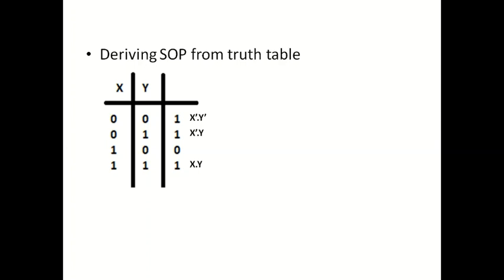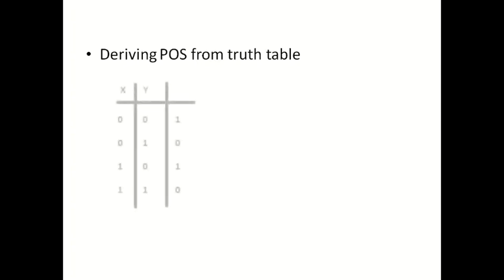Now how can we write the final expression? We have to add all these 3 min terms. So we have x complement dot y complement plus x complement dot y plus xy. This is the SOP expression. You can see that we have 3 terms, and all the 3 terms are in min term form. But definitely this is not the end, because after getting the SOP expression from the table, our next job is to minimize. Minimization is something we are going to discuss in the upcoming lecture, that is how we can minimize the expression to the simplest form.